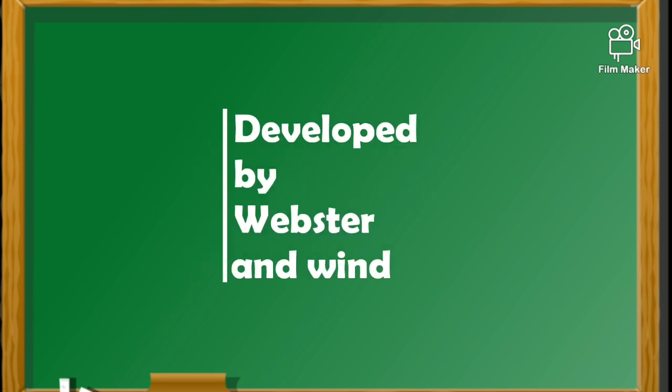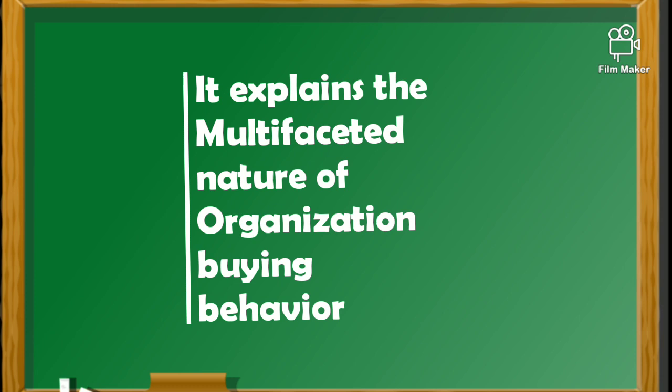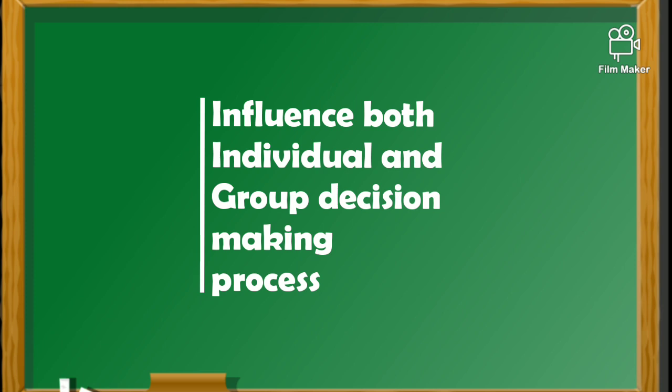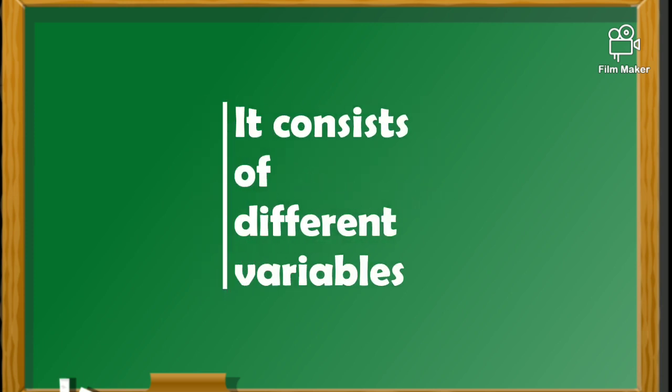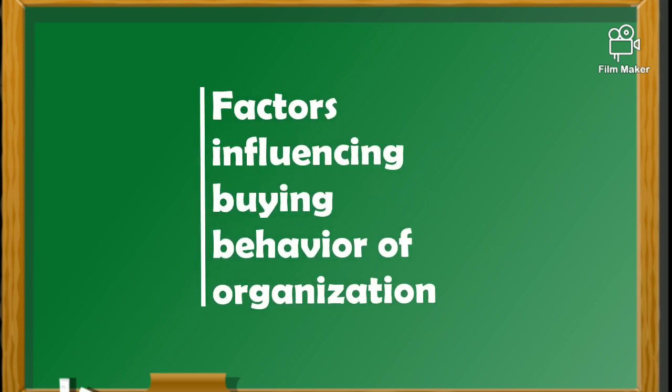The Webster and Wind model is one of the complex models. It was developed by F.E. Webster and Y. Wind. It is an attempt to explain the multifaceted nature of organizational buying behavior. These behavior determinants influence both the individual and group decision making process and the final buying decisions. This model consists of different variables which explain the factors which influence the buying decision behavior for your